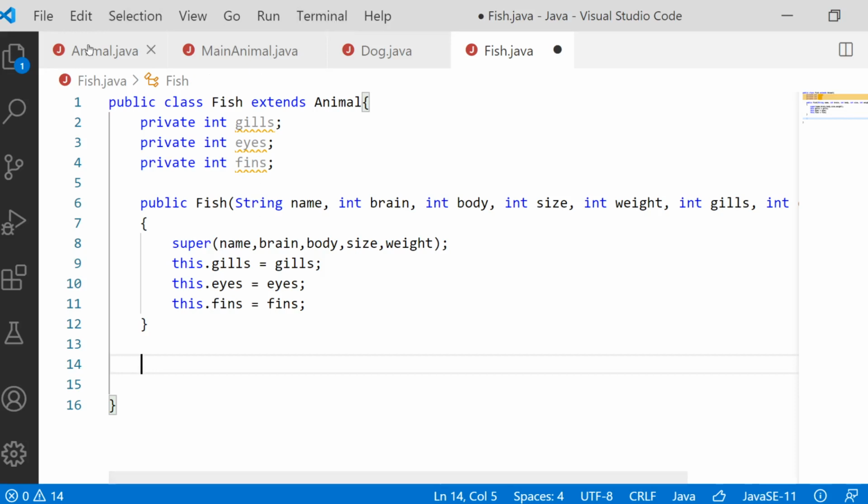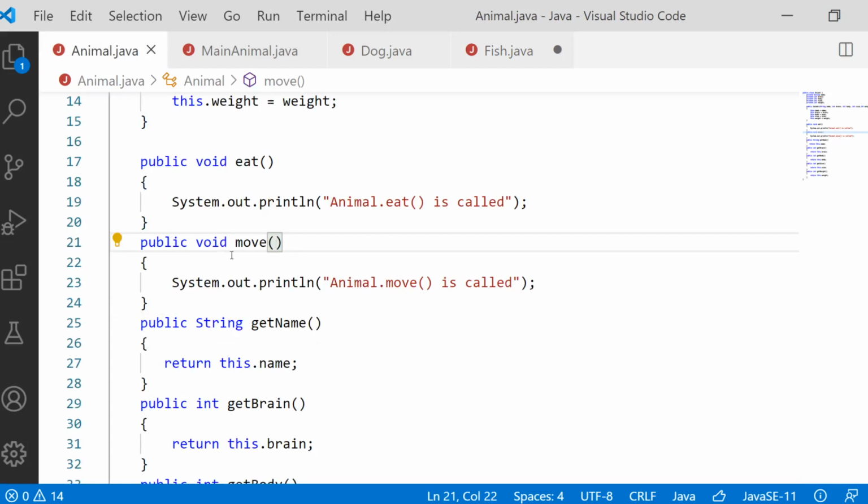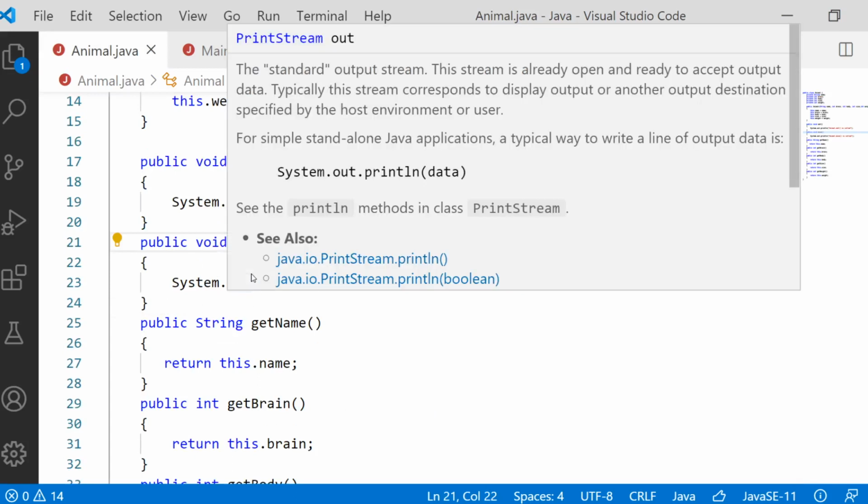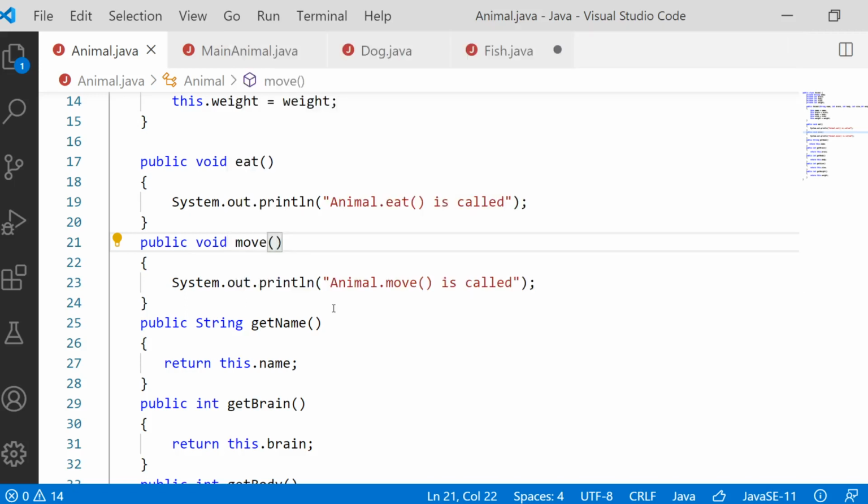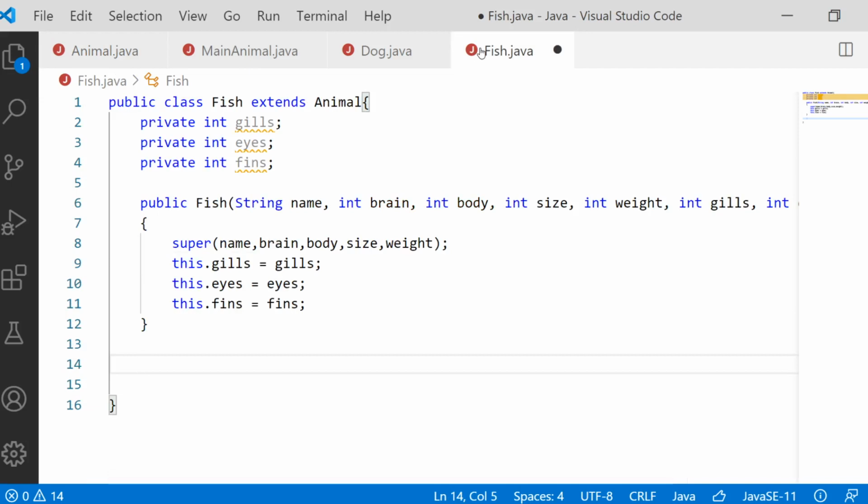Now in the Animal class, I think we already have a method called move. Every animal will move in a different way. Dog has legs, so it will walk. But coming to Fish, it does not have any legs, it cannot walk.